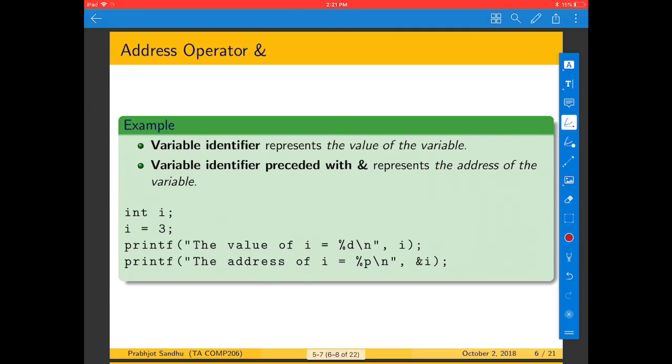Int i equals 3, and now you can print both the value. So when we use %d, that means we're trying to print an integer here, and so this will print 3. And then we can also say what is the address used to store that memory, and we use, like I showed, ampersand